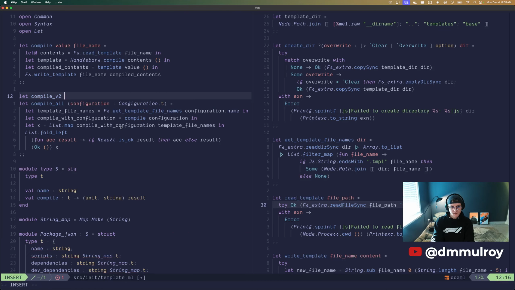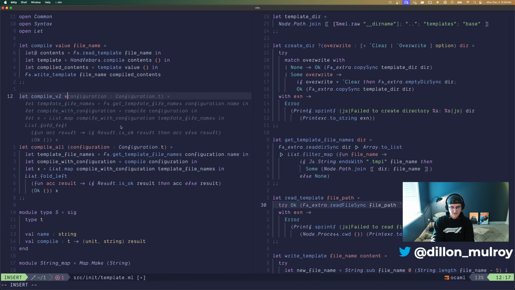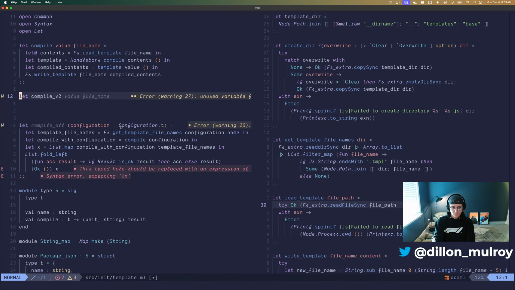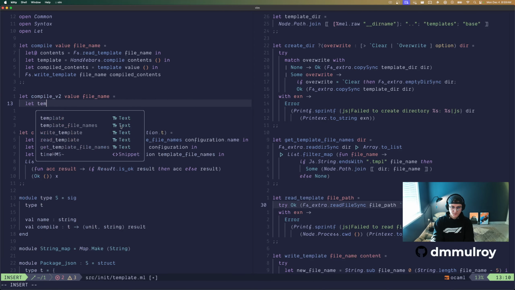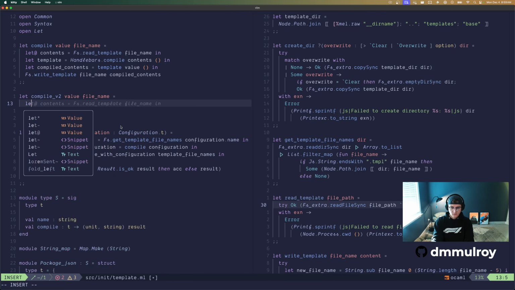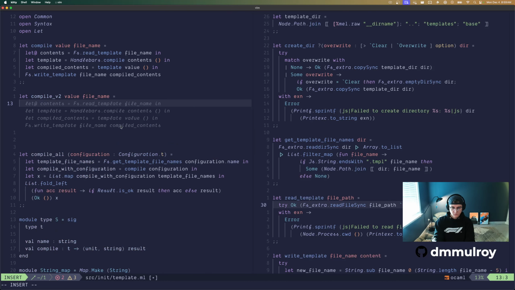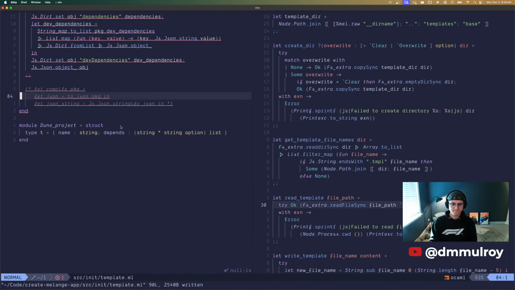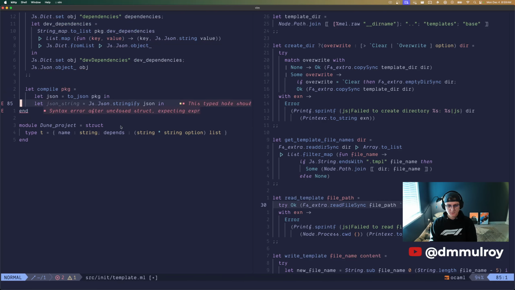So here we would take a v2, and we'll say it's going to take a value and a file name still. But instead, we're going to do some of the work that compile all is doing. We're going to get template file names. We have the template name. We just need the directory. How do we want to do this? So we have this, and we say,